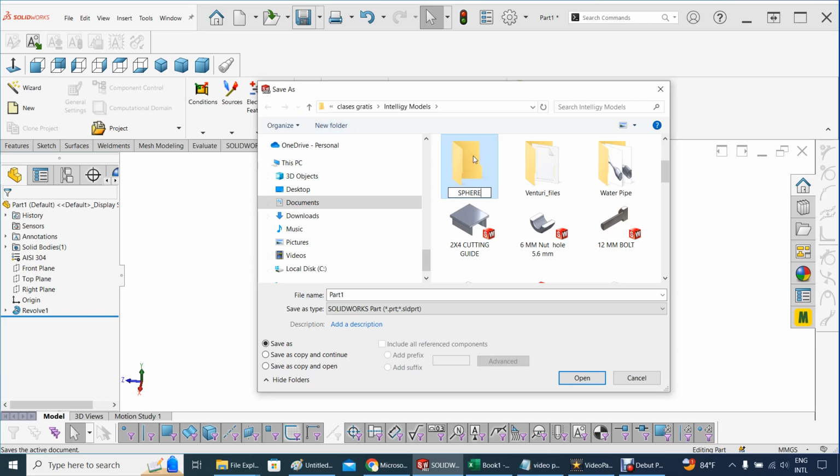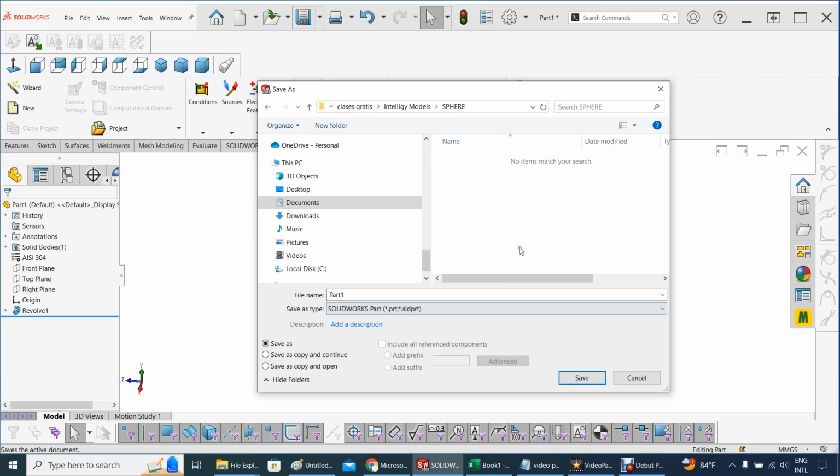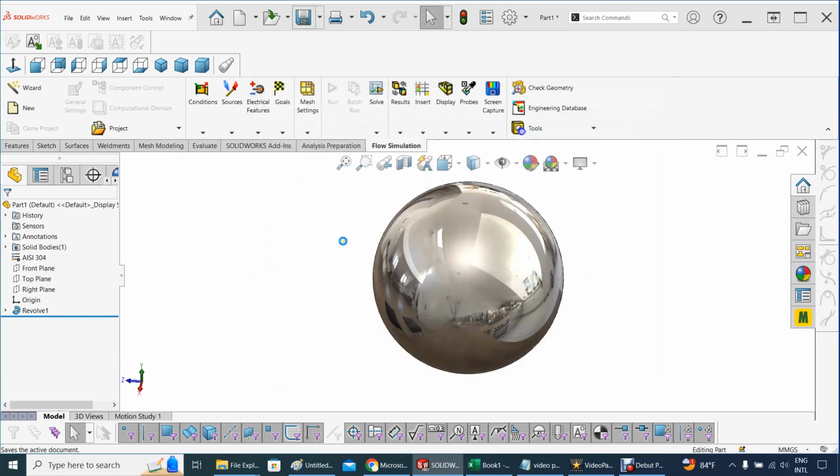And let's save it there, and it's gonna be sphere. Save. Let's call it Rep1, just to like to call things the way I'm doing it or creating them. So it's gonna be Rep1, and now let's go to wizard,